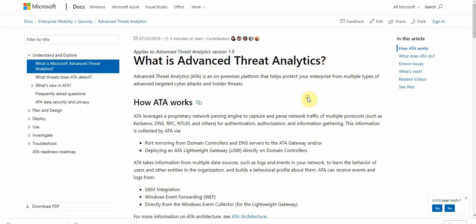Say for example, in my recent experience with one of the companies in the US, which I can't name, they got attacked by ransomware and some other malware, and they were trying to steal the data. The first point of detection was ATA. What ATA does is,